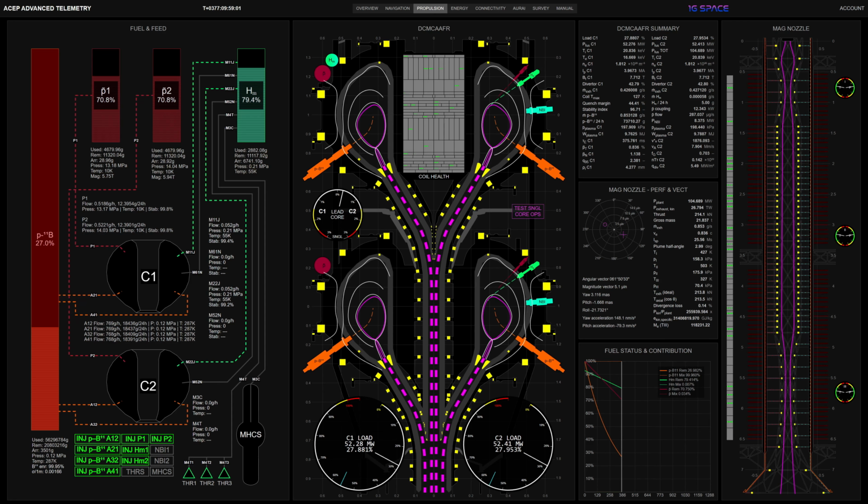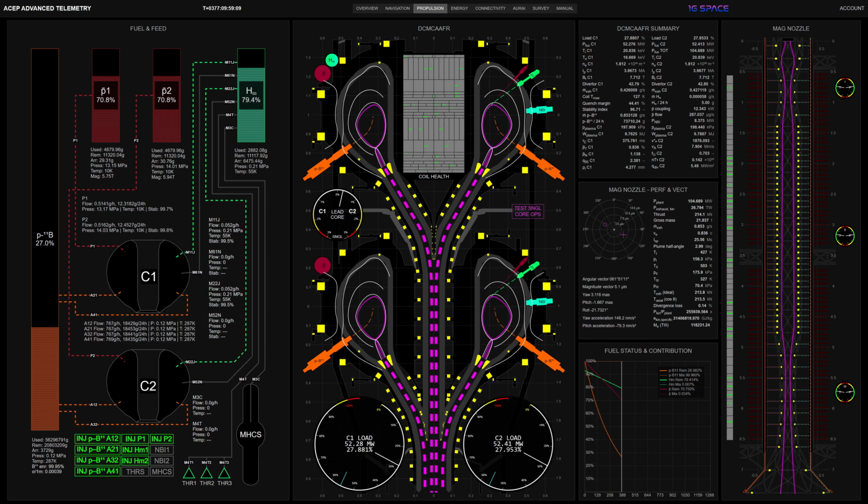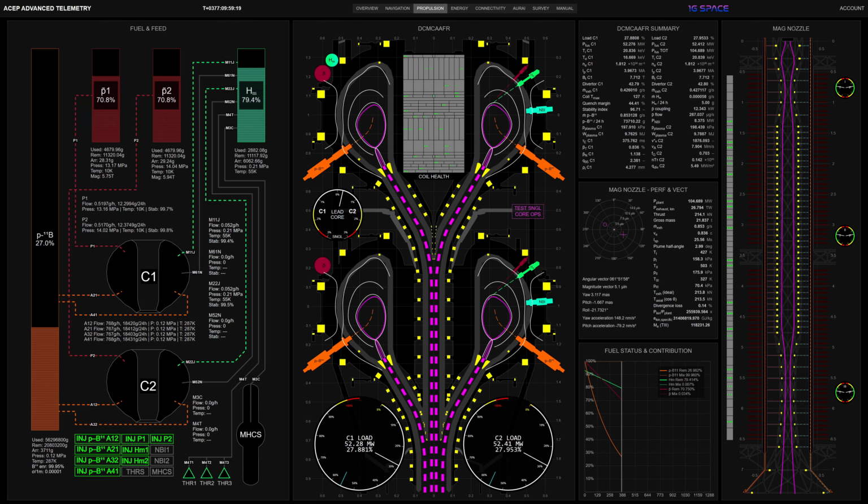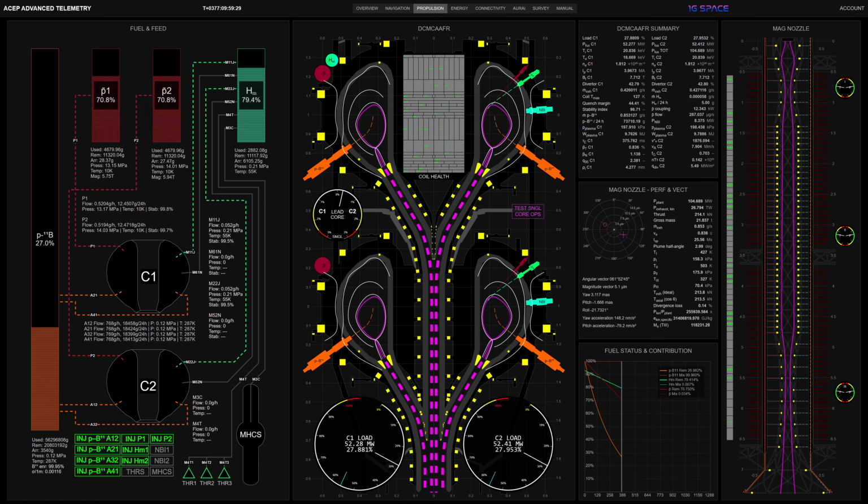The proton-boron 11 tank represents the primary reaction mass store for fusion operation. Its telemetry additionally includes isotopic enrichment and short-term feed stability, which together constrain achievable fusion efficiency and ignition repeatability. The anti-proton tanks, assigned independently to reactor cores 1 and 2, provide catalytic injection for ignition and burn stabilization. The MAG parameter reports the confinement field in Tesla and serves as a direct proxy for anti-proton confinement margin and